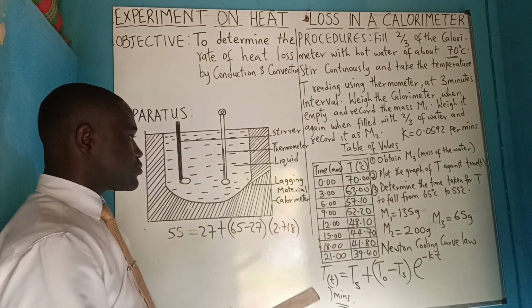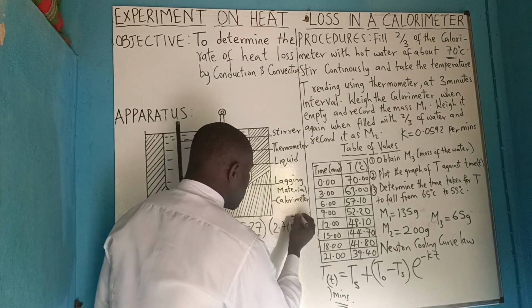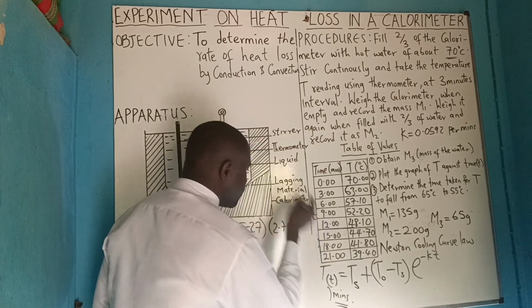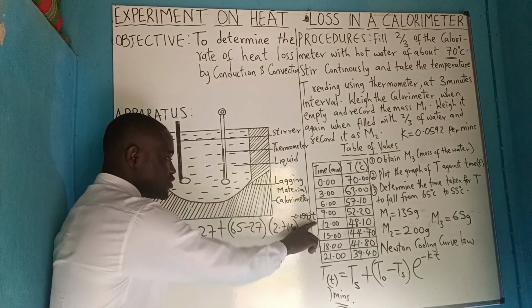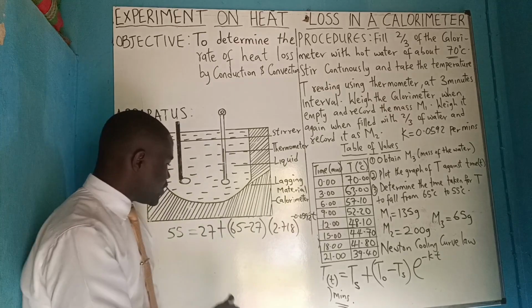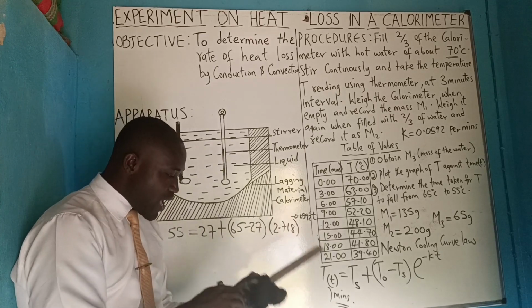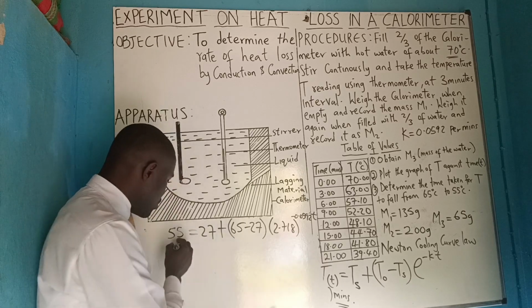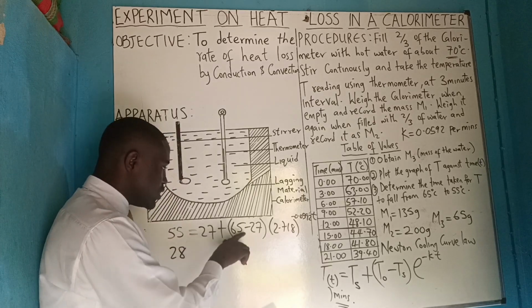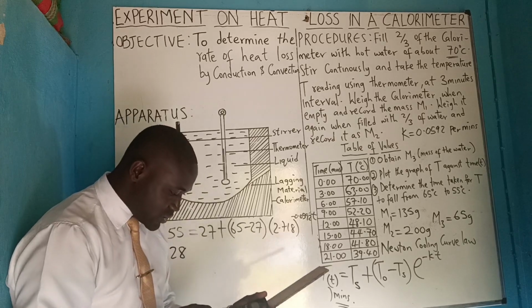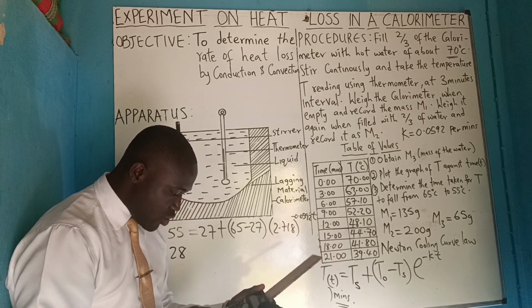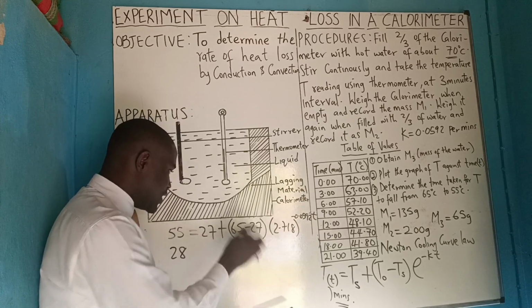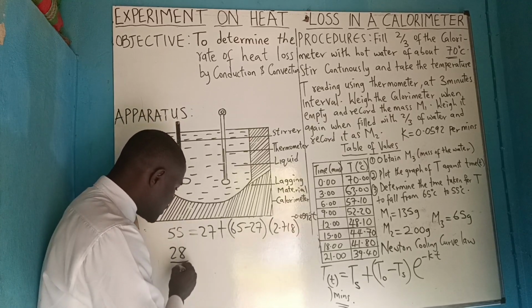then minus 0.0592 times t. We are looking for t. So this goes the other side. We have 55 minus 27. What will it give us? We have it to be 28. This minus this, 65 minus 27. What will it give you? 38. This one will give you 38. So 28 over 38